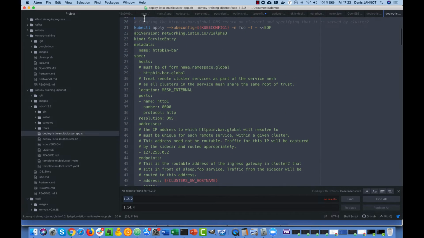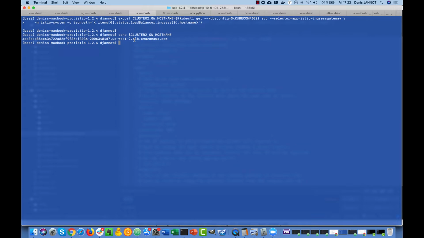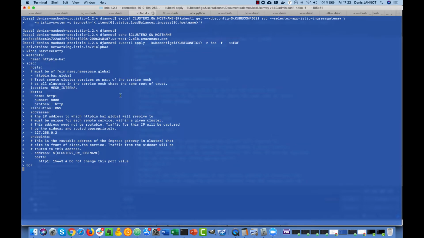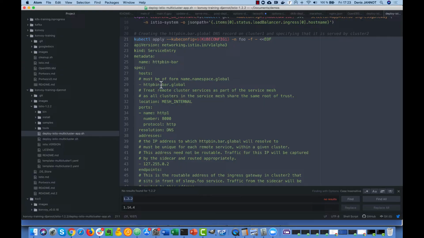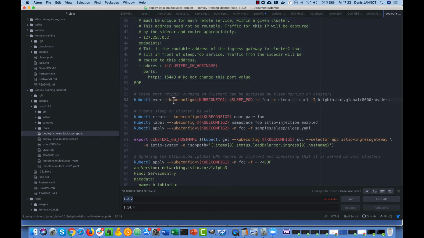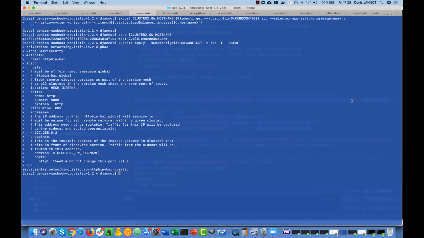that will allow the first microservice to communicate with the second one that is on the other cluster, and we'll be able to check that very quickly just with running this command on the pod on the first cluster to communicate with the one on the second cluster using the global suffix DNS name.